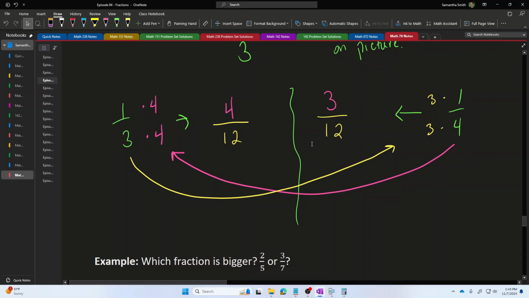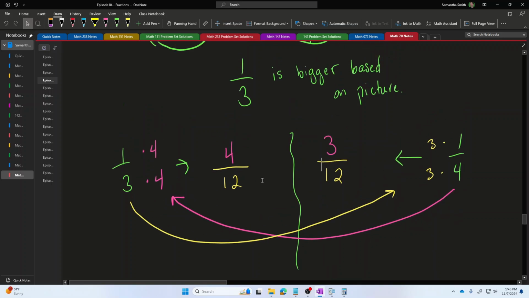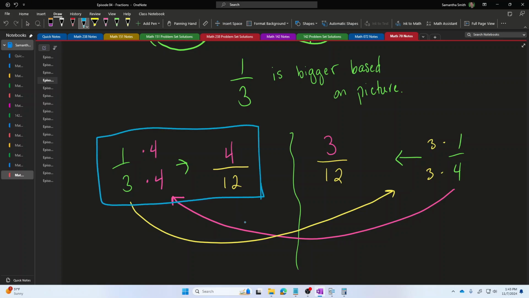So now my pieces are exactly the same size, because I have a denominator that's the same, 12 in both cases. And since my pieces are the same size, I just have to check to see who has more pieces in the end. And what I can see is that this fraction here has more pieces. I ended up with 4 pieces out of 12 as compared to only 3 pieces out of 12. And since I have more pieces here, that's another way to show that 1/3 is the bigger amount than 1/4 is.